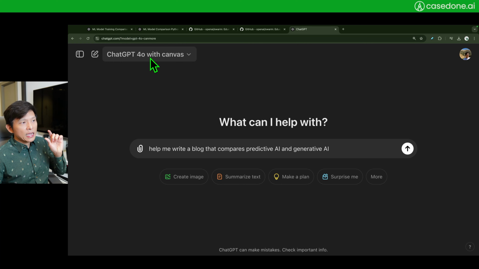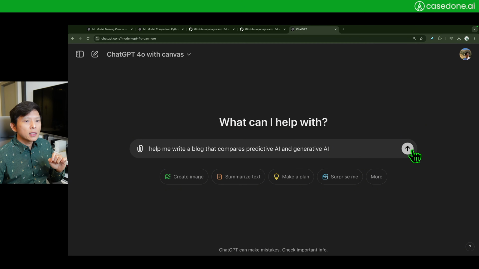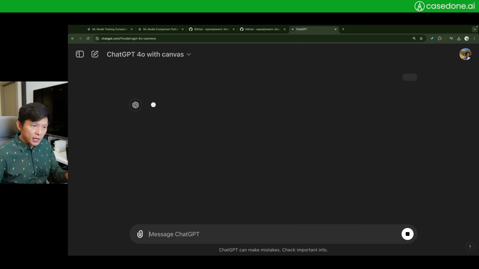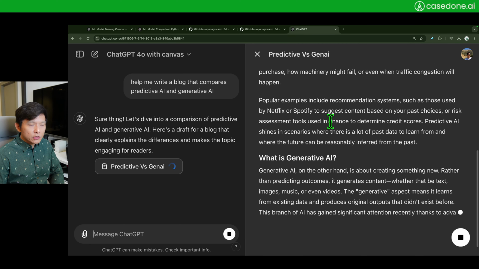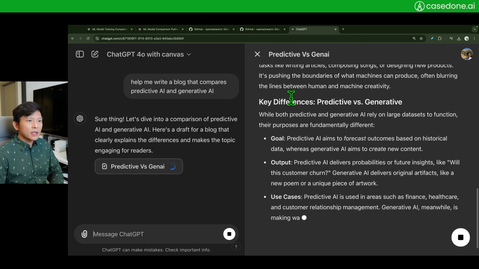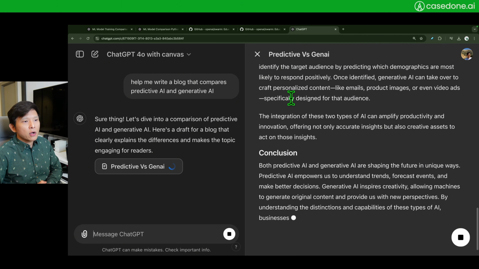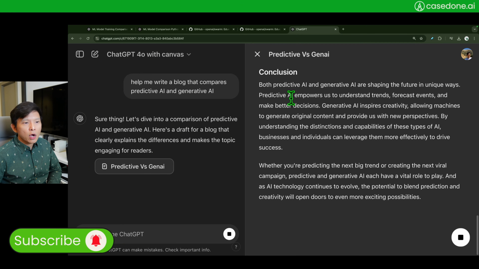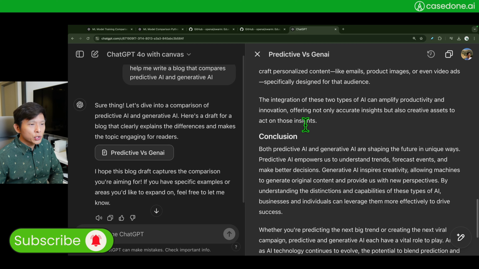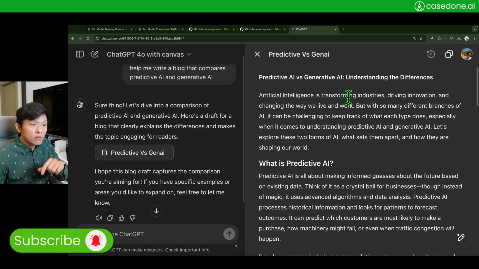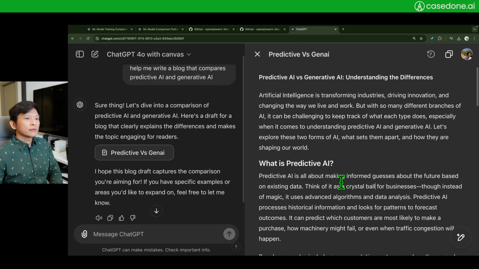Again, I have chosen the model 4o with the canvas, and when I click this, hopefully it can detect that it needs to trigger the canvas feature. Right, so it correctly triggered the canvas feature, and the right-hand side panel pops up, and this is going to be a living document. During this session, it allows us and the model to understand that it needs to correct something here rather than generating